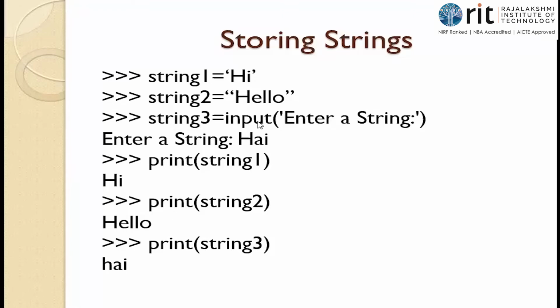Okay. So now print string 1, hi varum. Print string 2, it is hello. Print string 3, what happens? See, string 3 is equal to input of interesting. In string 3, direct assignment kudukala, I have used the input function. So in the interesting, it gets it from the user. So interesting will be displayed on the output screen. Being a user, I can type hi, hi. That will be stored in string 3. So you can print and check all these.